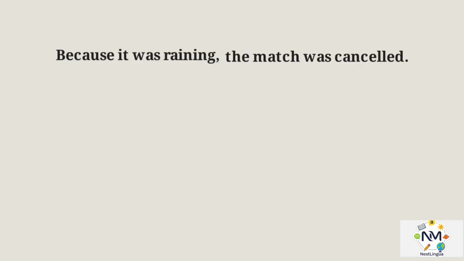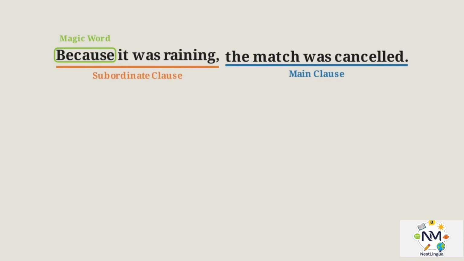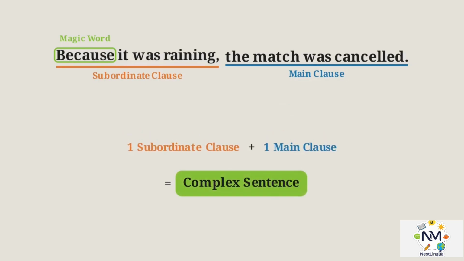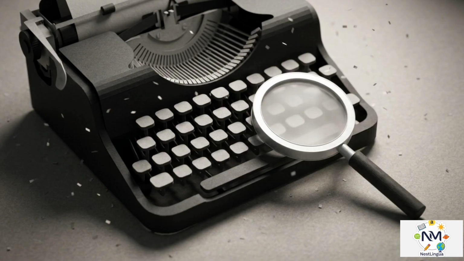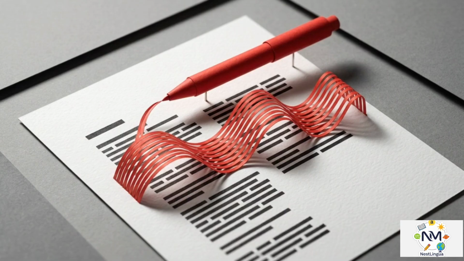Test your investigation skills on this sentence. Because it was raining, the match was canceled. Identify the subordinate clause and the sentence classification. The conjunction because creates a subordinate clause, which is attached to one main clause. This is a complex sentence. Recognizing these structures reveals the mechanics behind effective pacing. Once you can identify how a writer builds a scene, you gain the same control over the rhythm of your